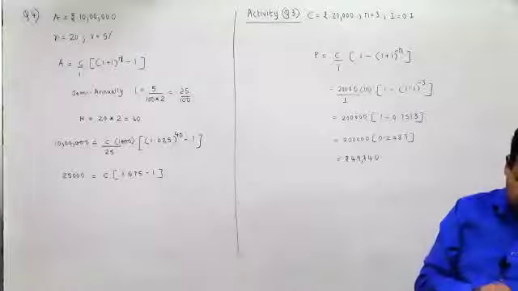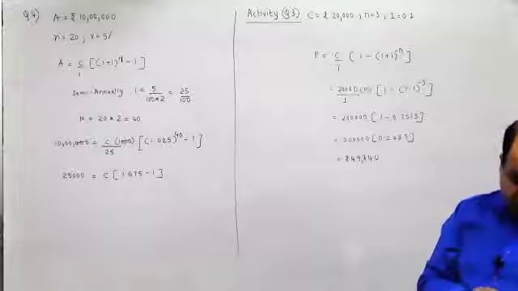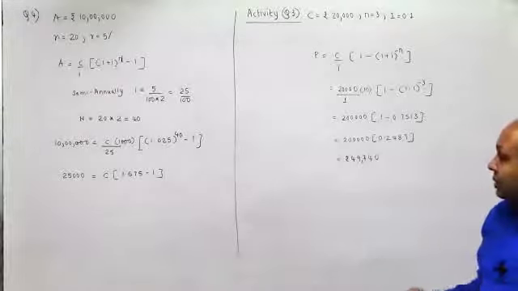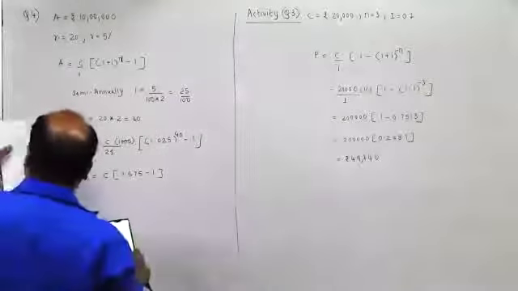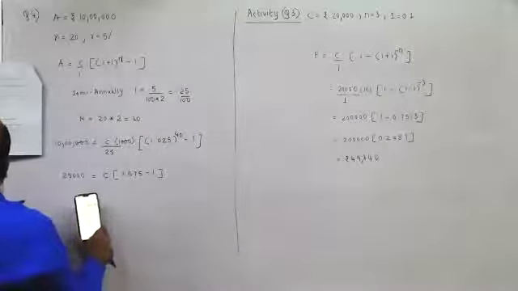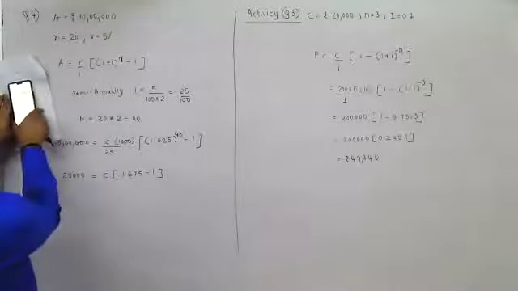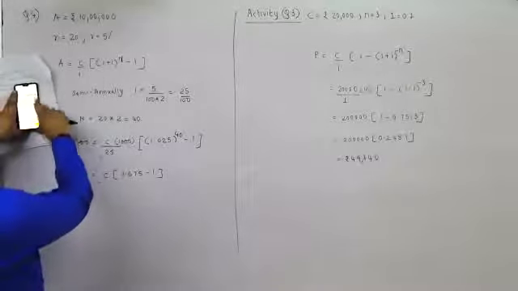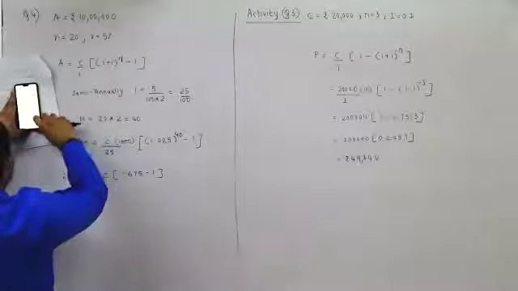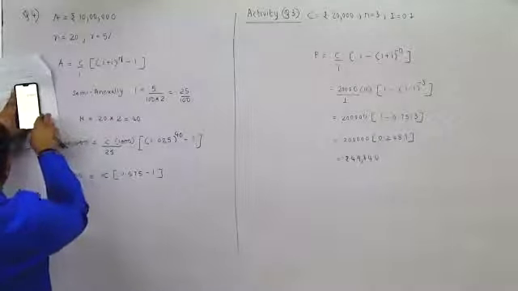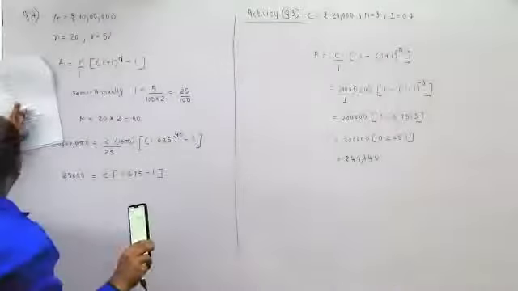So it is 2.685. Then how come they have written 1.675? Oh, I think they would have taken this as 20 itself. What is 1.025 raised to 20? That is also 1.63861.